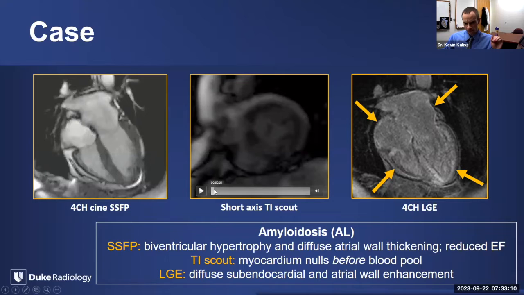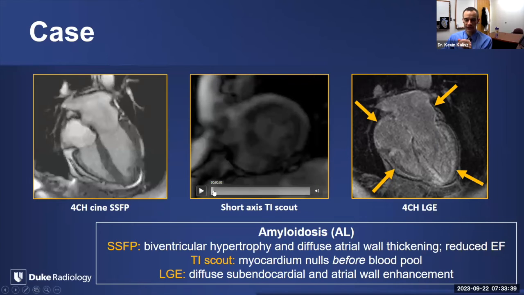So normally when you do your TI scout images to select the TI value that will optimally null your myocardium for your LGE images, as you progressively increase the TI values, the usual pattern of enhancement and nulling is that the blood pool nulls before the myocardium. In amyloidosis, given the amyloid circulating within the blood pool, the opposite is true, which I'll play here